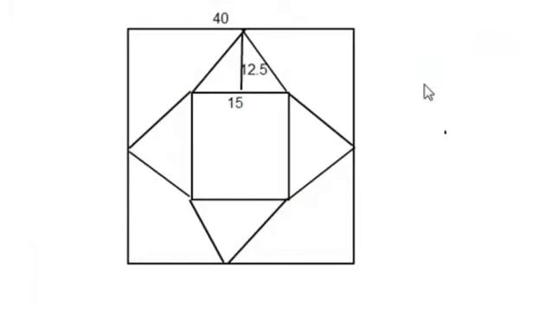So my picture's a little bit clunky, I'm sorry. I'm using drawing tools that I don't use very well, but I hope the idea is clear. The inner square is of length 15, the outer square of length 40, and they're concentric. So in fact, there's 25 more units on the sides of the big square than there are on the little square, but because they're concentric, there's 12.5 on the top and 12.5 below and 12.5 to the left and 12.5